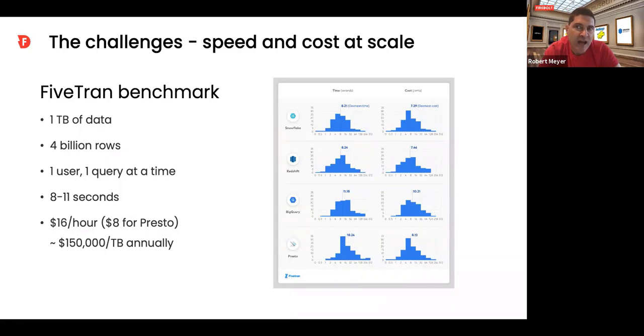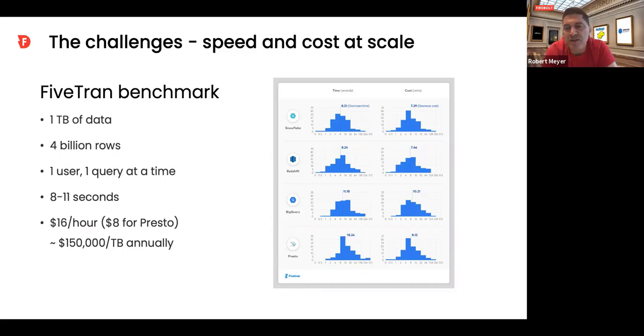And that's not fast. If you need to do interactive analytics, that's too slow. That's okay for reporting, and okay for some dashboards where you're not waiting, but for first time queries, if you're waiting on them, that's way too slow. And the costs aren't low either. The prices they used were about $16 an hour, and $8 for Presto, since Presto's open source.